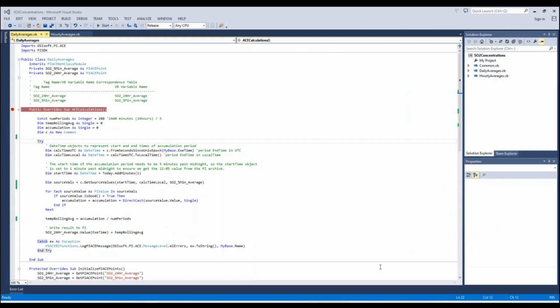So what you see here is Visual Studio. This is Visual Studio 2013, which was pretty much the last version of Visual Studio that supported the PyAce wizard.